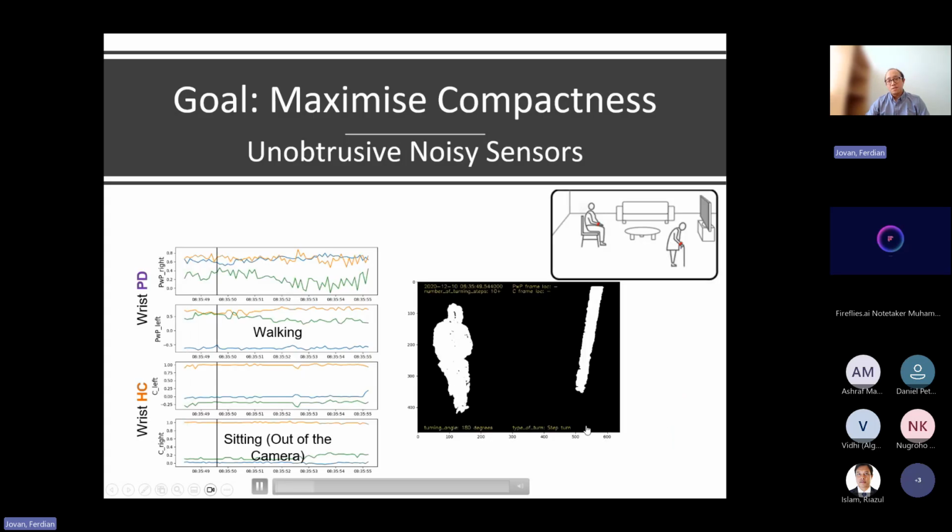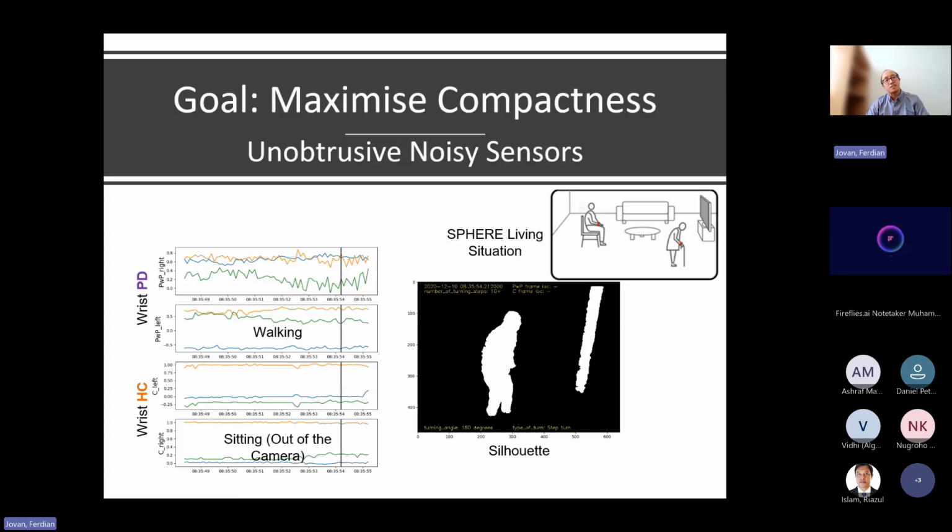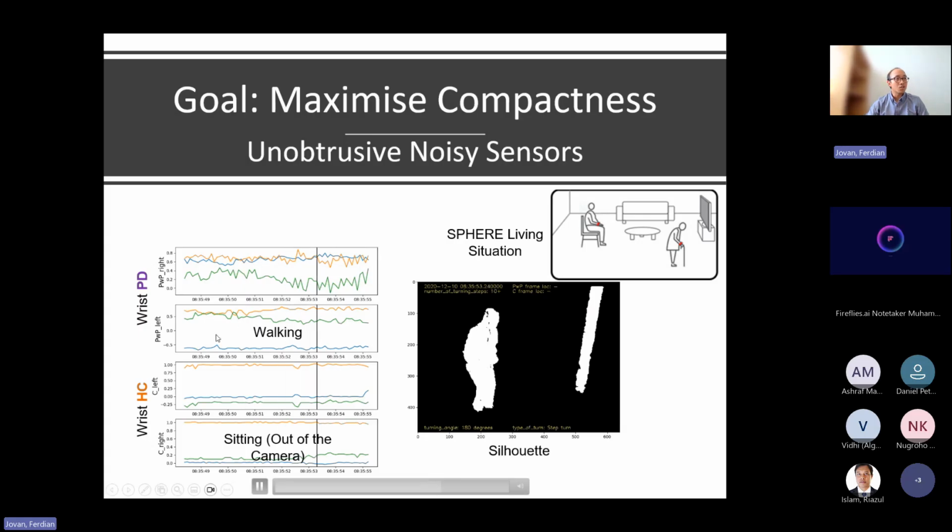We use the accelerometer data here to provide unique signals specific to certain rooms. For example, if you're in the corridor, typically you will walk there with your wrist at your side, as shown in this signal here on the top part.